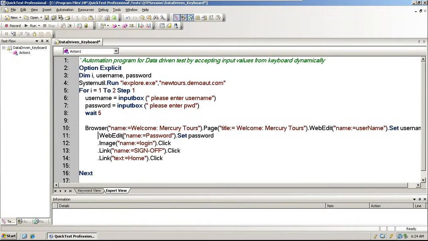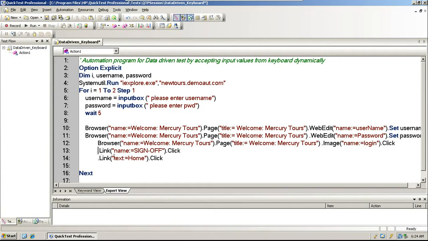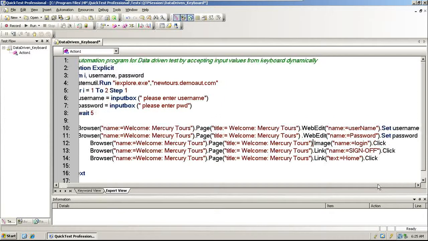Again, second line, you have to repeat the same thing. You following? Again, for the third line, I have to repeat this. Again, for the fourth line, I have to repeat this. So instead of repeating, that is a smart way to code. Here, instead of repeating the same thing, I just put a With. That's QTP's feature. So this is how it looks.